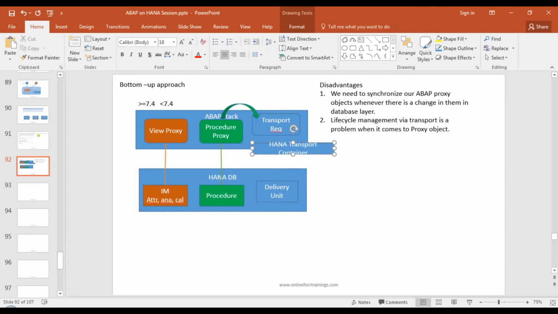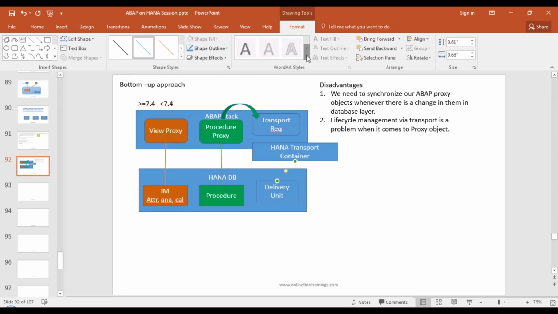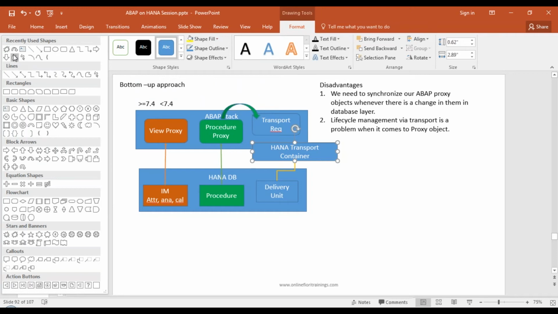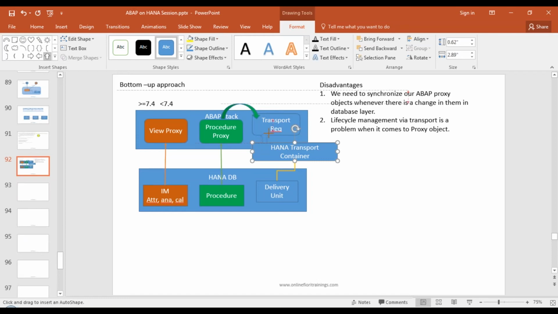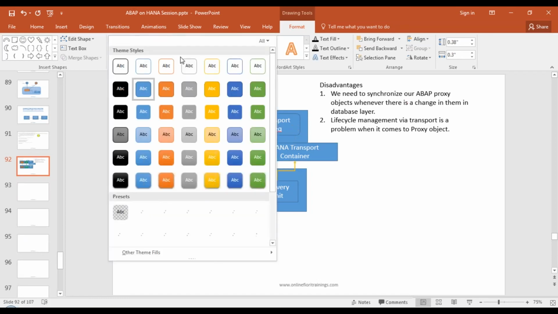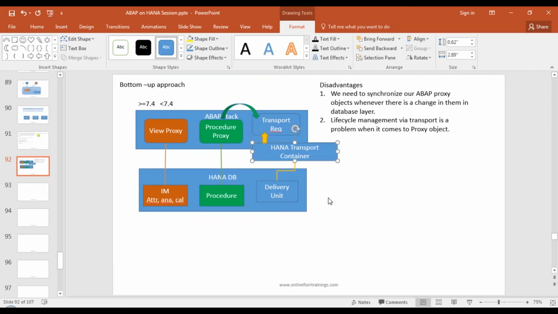Okay, and this HANA transport container can be sent to the quality system, combining the delivery unit which has your views, your proxy object, everything, and this can be attached to the same transport to which your proxy object is attached. So we can create a HANA transport container object in the ABAP system starting NetWeaver 7.4, because proxy objects are also available starting NetWeaver 7.4 onwards, and lock our HANA delivery unit, with the help of the HANA transport container, into